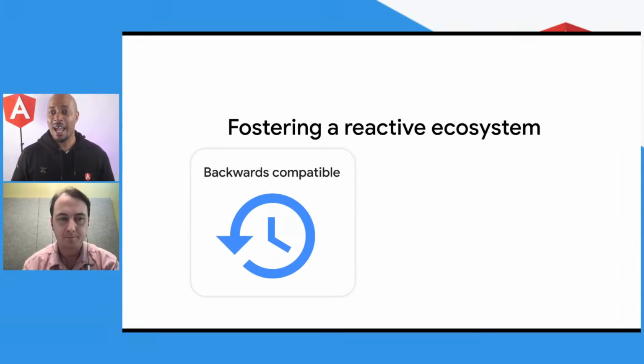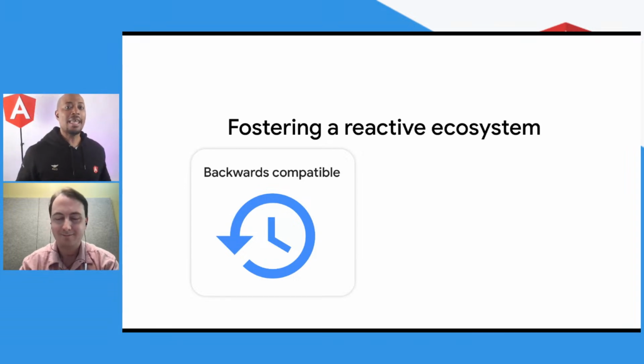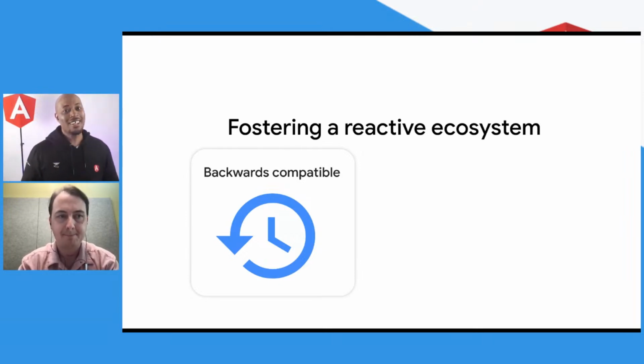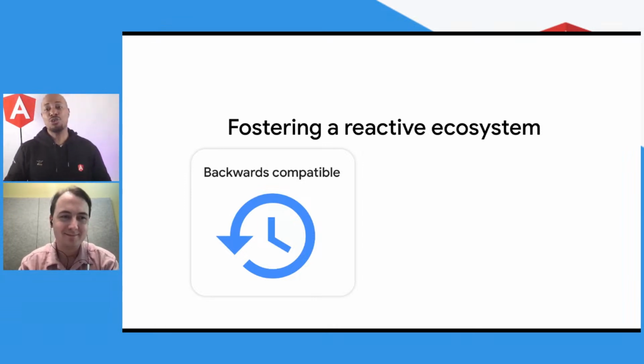Now, if you have an existing app, you can start to use signals in only a few files, right? You don't have to go the whole way. You don't have to be like, all right, today is the day that I'm going to change every single file. Start small. Just start building out some signal apps or some signal components. Get the feel and the flow that you want. And then over time, you can decide how much of the code you want to adopt signals, but you get to choose the flow. You are in control, right? Doesn't that feel good to be in control of the way the framework allows you to use our new features?